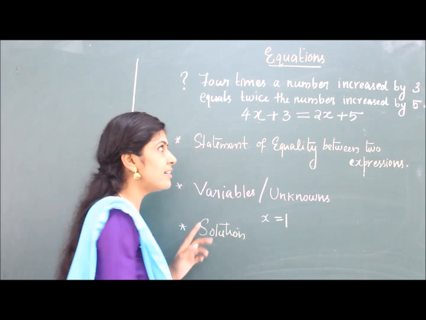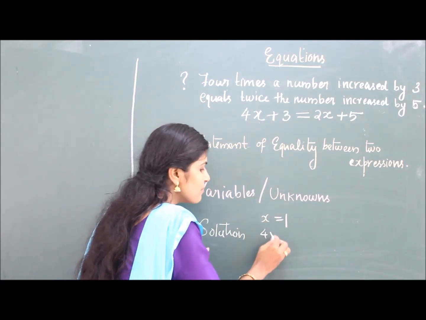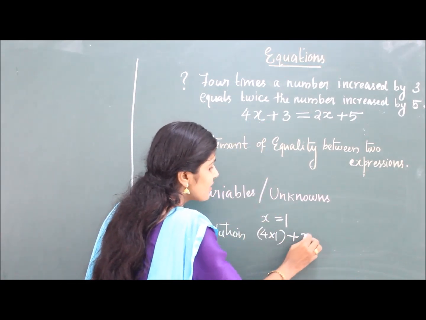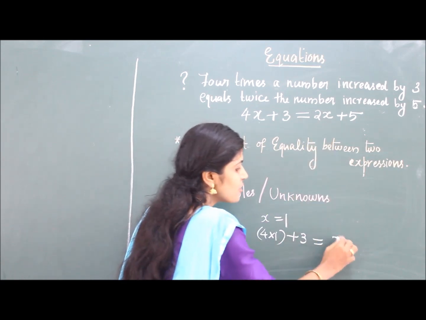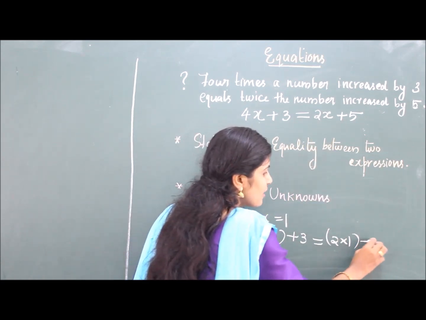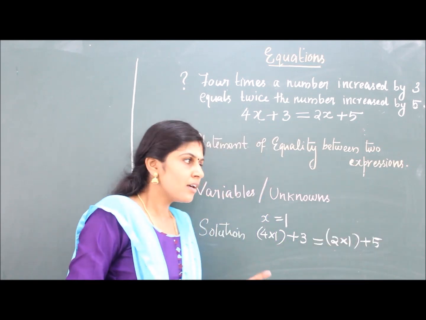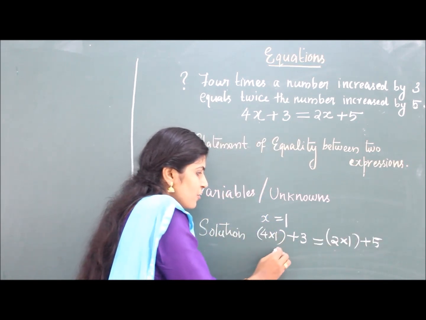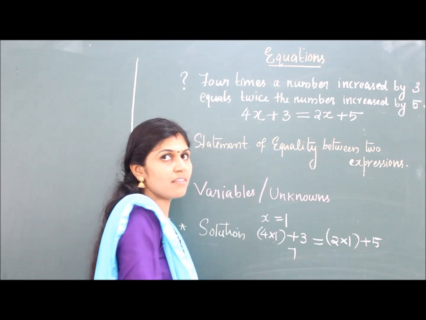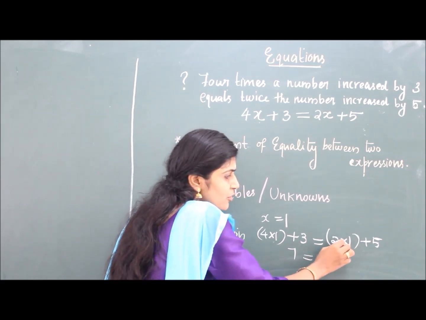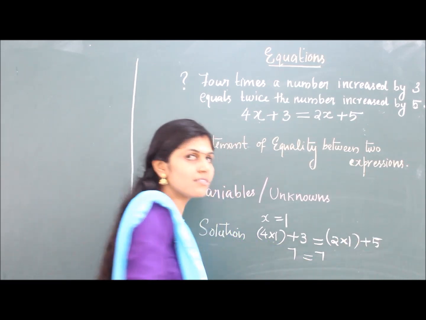Let us see. 4 times 1 plus 3 is equal to 2 times 1 plus 5. On solving, 4 plus 3 gives 7, equal to 2 plus 5, which again gives